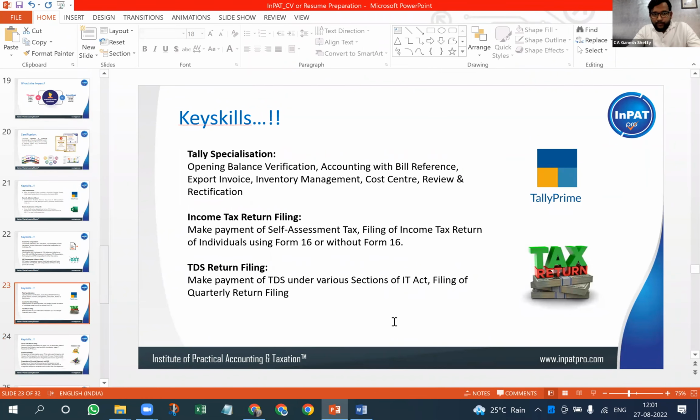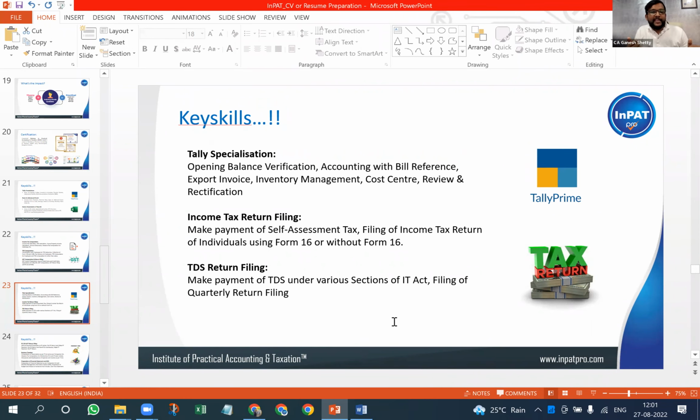So this is about Level 1 and Level 2 Tally specialization. Again, there are so many key skills. We have given you this particular content, and after this training we are also going to share it with your counselor. If you really want this content, you should get it from the counselor. Clear? So we are going to share the soft copy of the content. But this content is only the base. You should be able to summarize and present it in a better way.